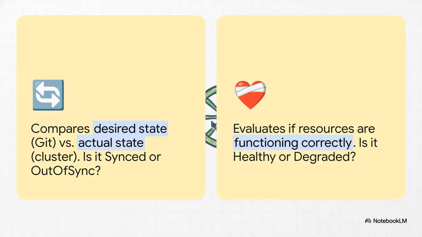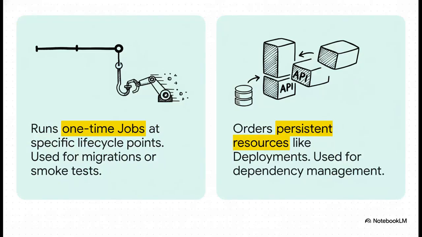They are not the same thing. Argo also gives you these amazing tools to control the order of your deployments. Think of it this way. Sync hooks are for one-time jobs, like running a database migration before the sync even starts. Sync waves, on the other hand, are for ordering your permanent services. They let you say, deploy my database first, and only after it's up and healthy, go ahead and deploy my